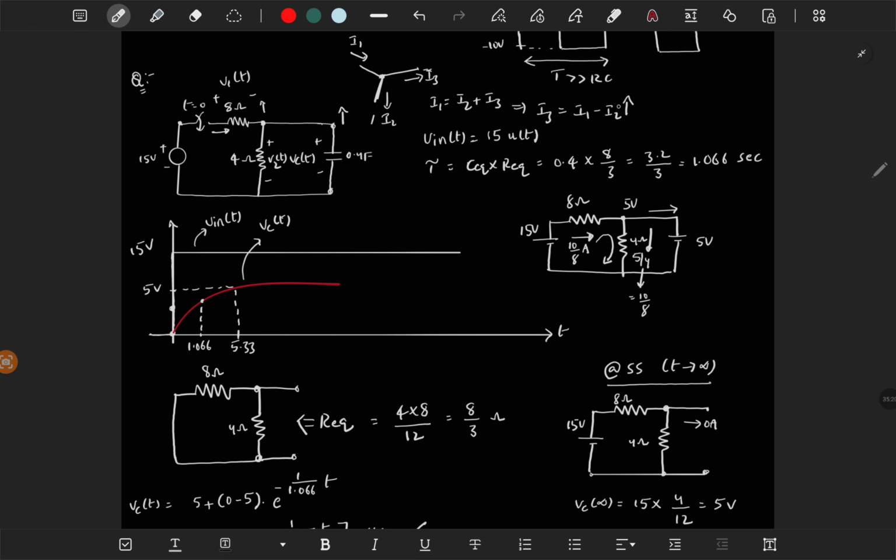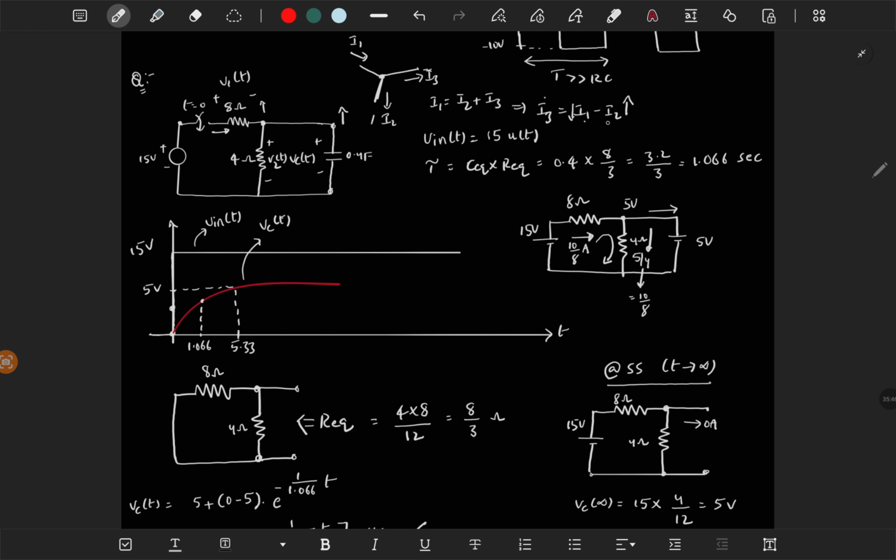It means the subtraction is increasing, so the overall value is decreasing, and I1 is also decreasing because the potential here is increasing. Effectively, the current is decreasing very fast. This I3, you understand? So this is decreasing and this is increasing. It means I3 is decreasing very fast because of these two currents. So it will go to finally